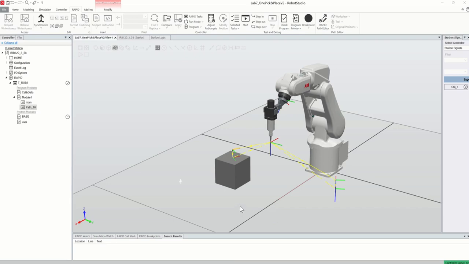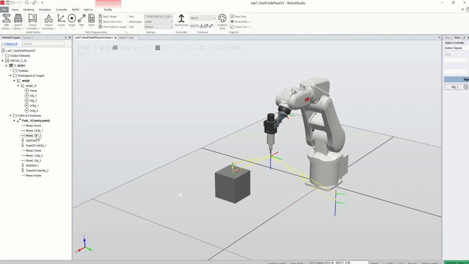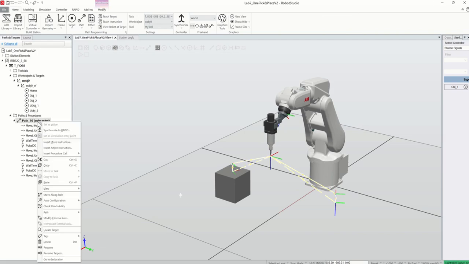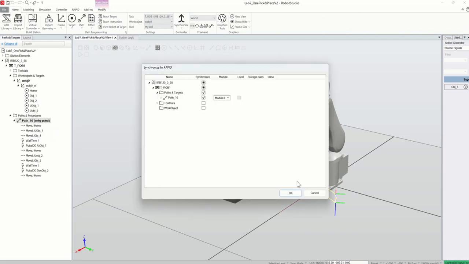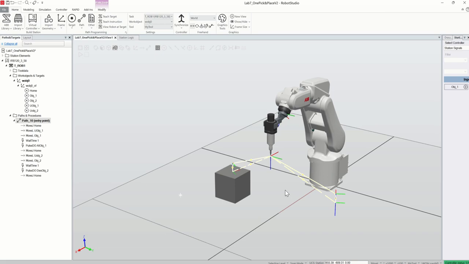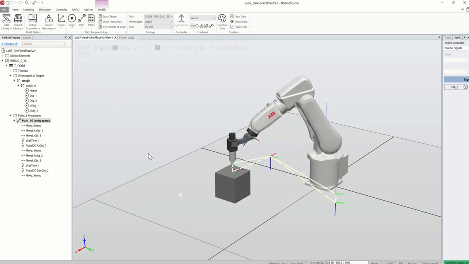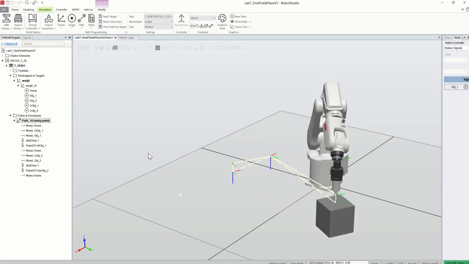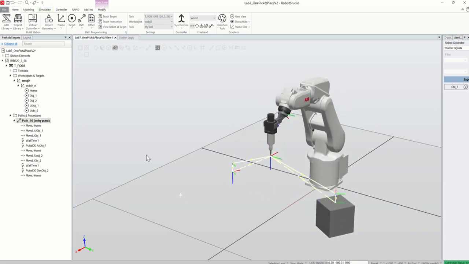Okay, so once you are done with all the modeling of the box, and you did all the toolpath accordingly, and you synchronized to rapid, and you made sure you synchronized, you can just check if it is playing properly. So yes, it is playing properly. So now the next step will be we want to do a quick rapid